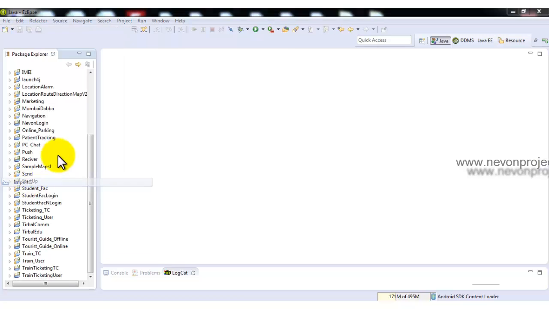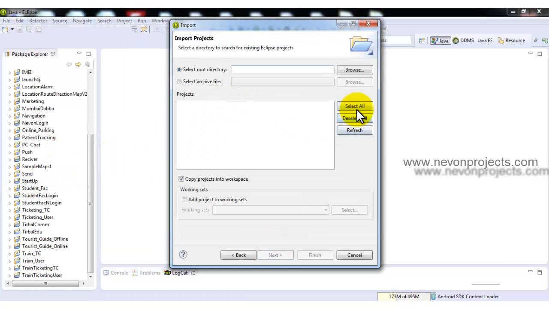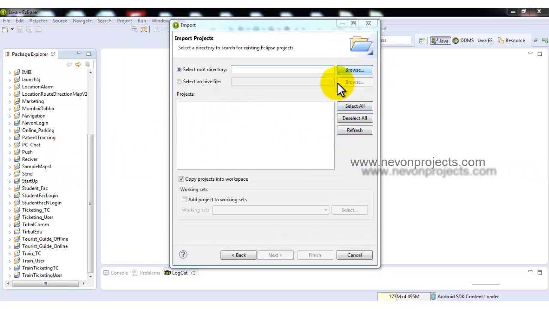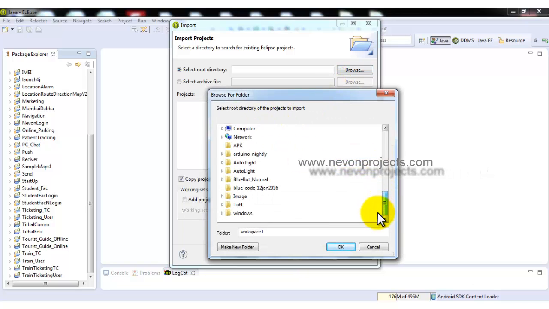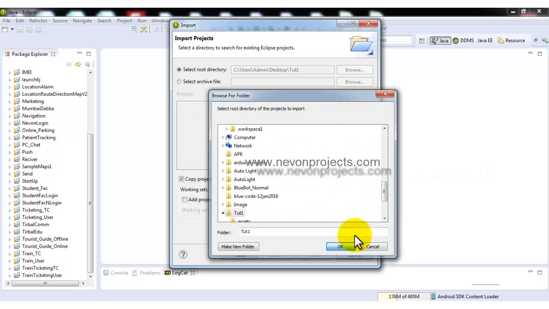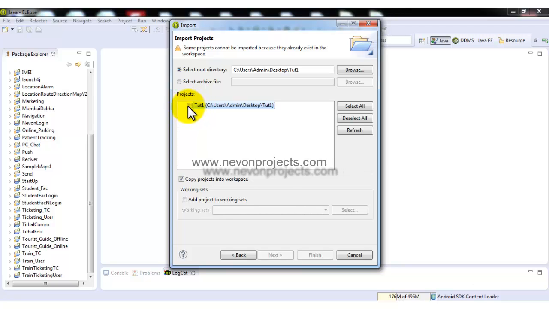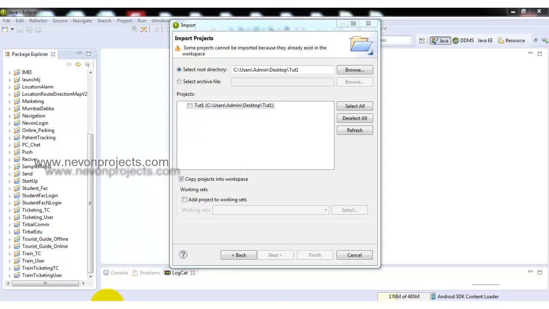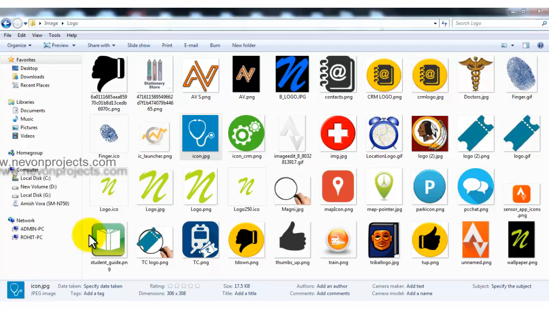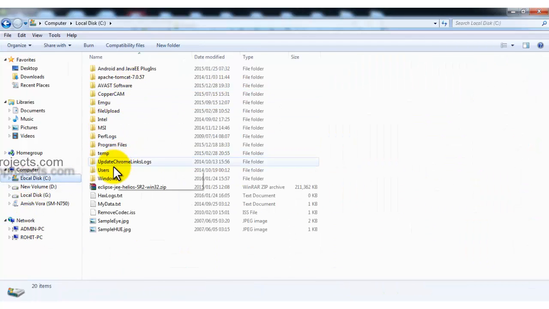So I'll say import, yes, I have to browse to my location, so I'll say Duet one, okay, and you can see that we cannot click this application as it's already added into our workspace,